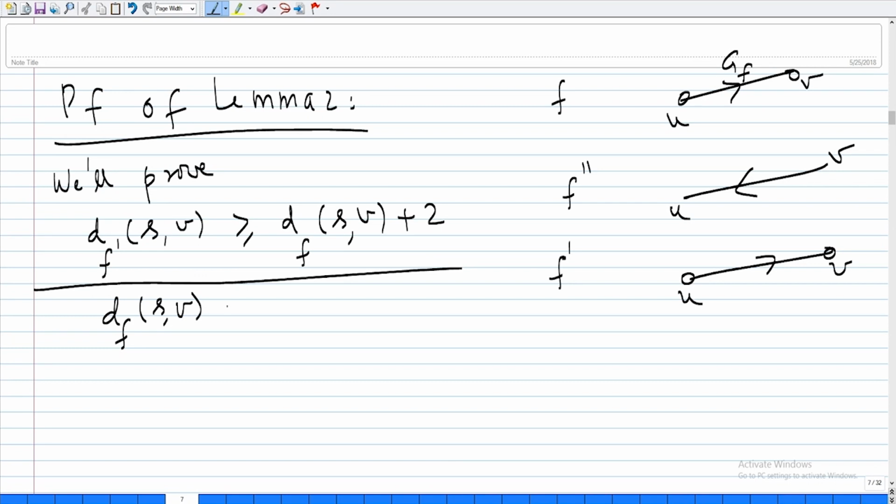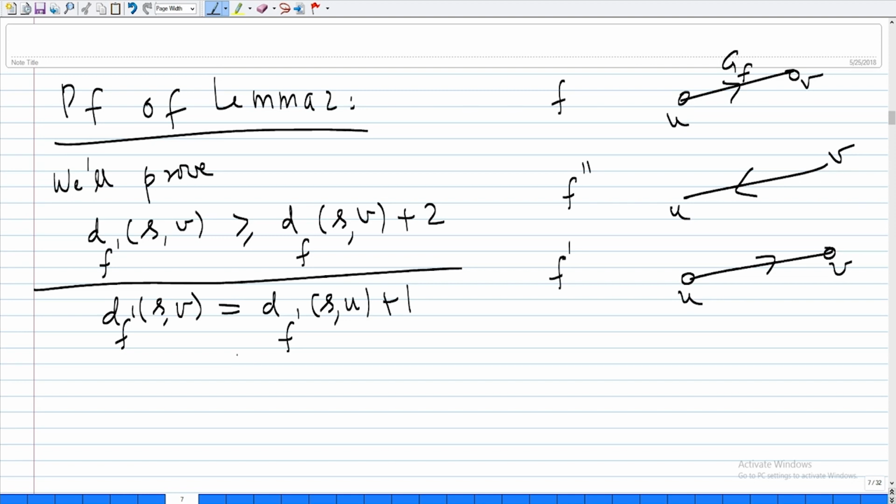Well, d F prime SV, the shortest path from S to V, is equal to, because UV is part of the shortest path, right? Because we have looked at the edge has become critical, means that we are always augmenting through shortest path. Okay, d F prime of SU,